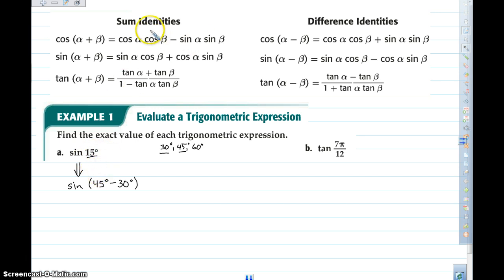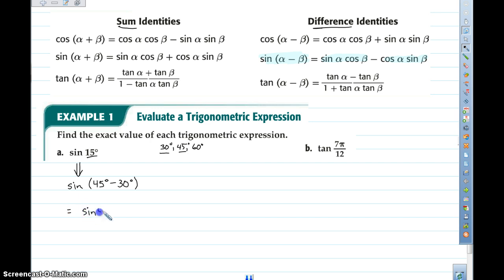So now using the identity, I have to look and see, okay, is this a sum? Nope, I'm subtracting. So I'm going to use my difference identity, and we're using sine, so I'm going to use this difference identity right here: sine of alpha minus beta is equal to sine of alpha times cosine beta minus cosine alpha sine beta. So all we do is we replace in our identity alpha with 45 and beta with 30. So I'm going to say this is equal to